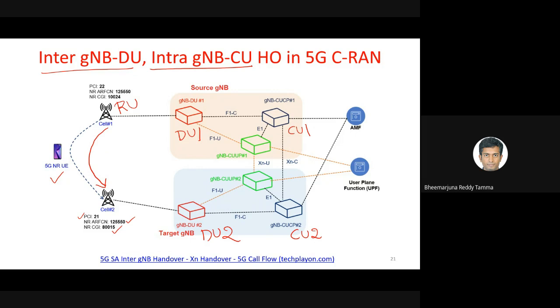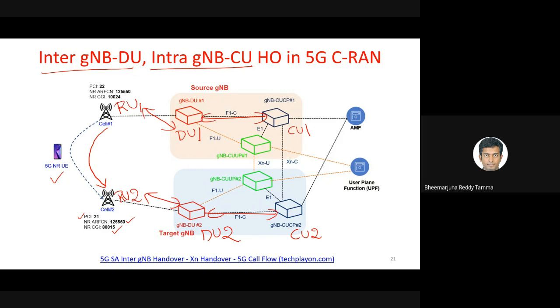And here, as the user equipment is moves, RU1 is connected. This is RU2. RU1 is connected with DU1, and RU2 is connected with DU2. And DU2 is connected with this one, and DU1 is connected with CU1. So in this example, what you see is